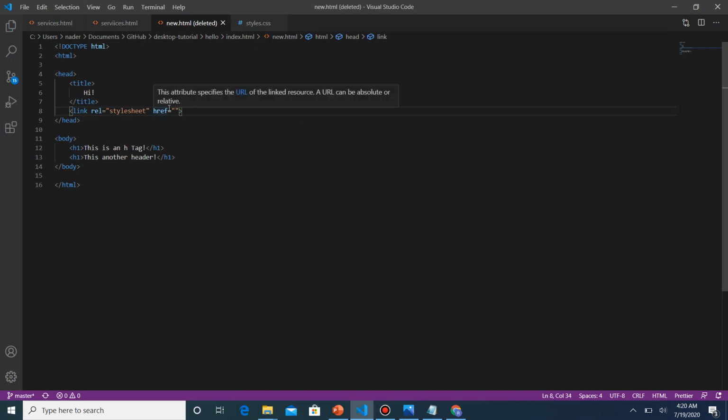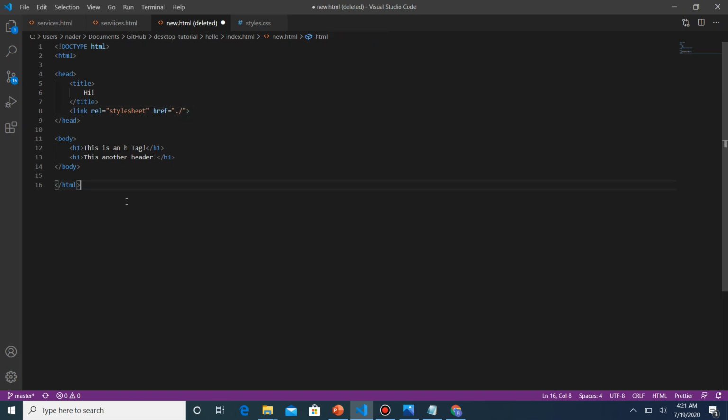Now what's the href? What's the relationship between those? It's a style sheet, as I said. So now they are both in the same folder. So to link them, I will link both of these files right now. So inside of my href, I write a dot, which takes me into my folder, and then I will have